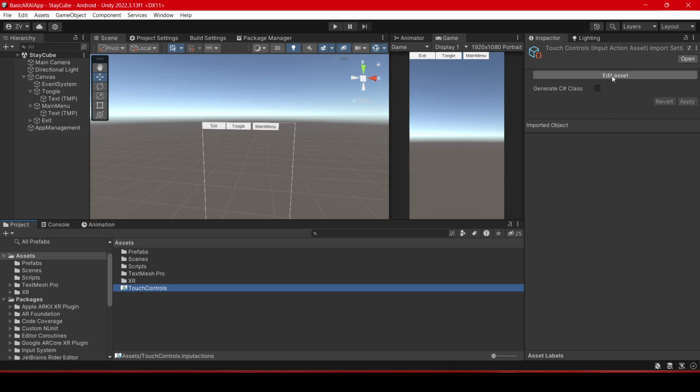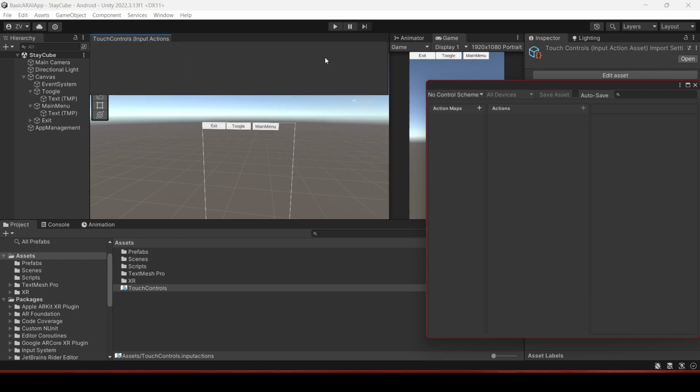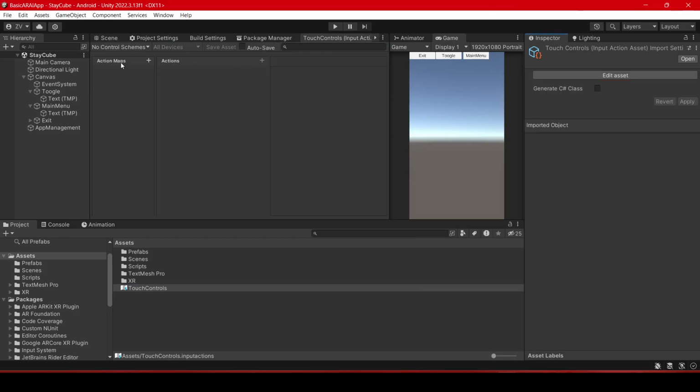Hit Enter, Edit Asset, and in the Action Maps, we will add Control, and then the action is Touch,